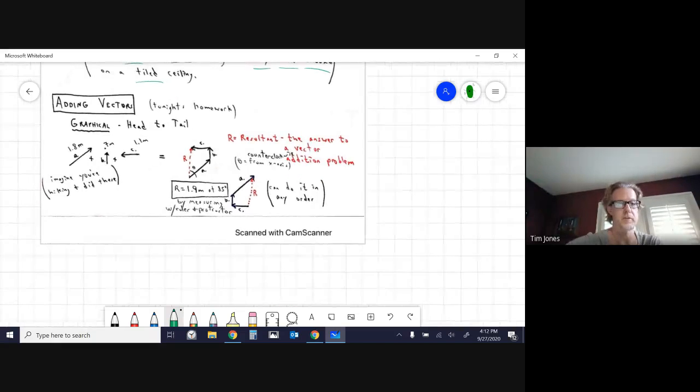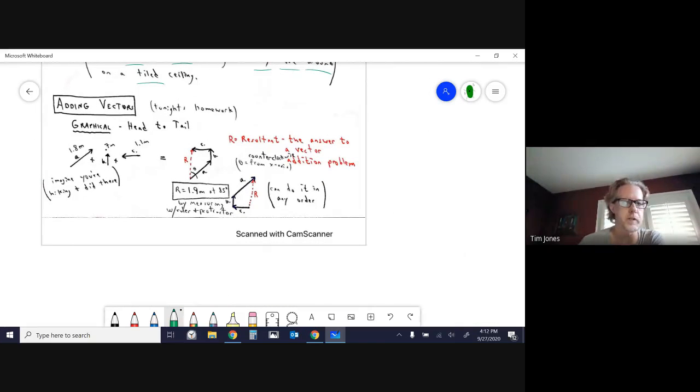So when adding vectors, if you do it graphically, you have to be careful how you draw your arrows. Make sure you draw your arrows accurately. Make sure you get the direction they're going accurate and the length accurate, because you're going to add them up. So in this case, if we did this journey of A plus B plus C, you would draw your A, and again, you want to draw this as accurately as you can. Then draw your B as if you did it after the A journey. And then draw your C,